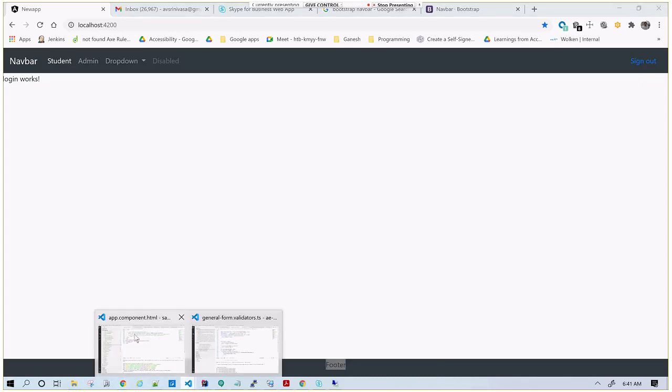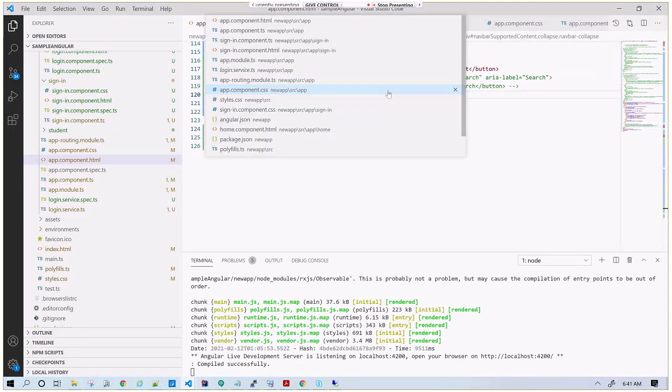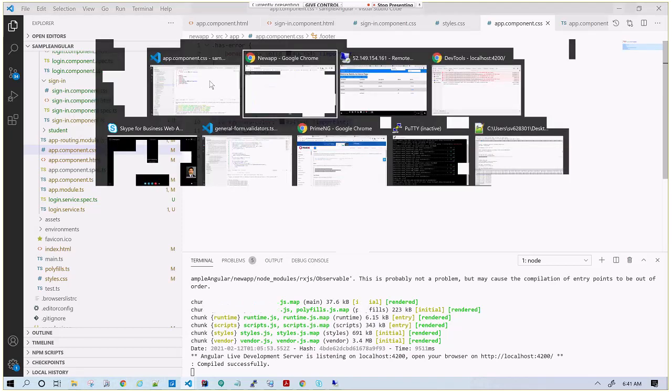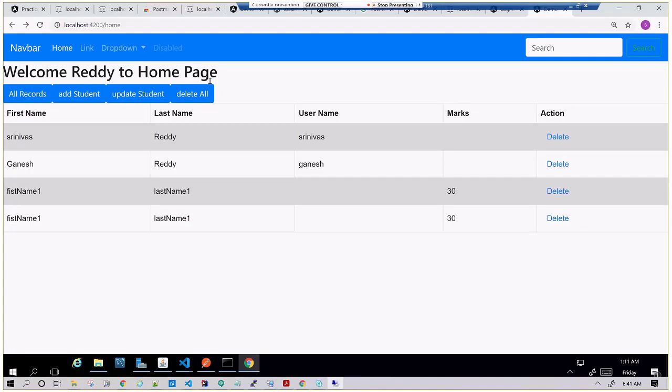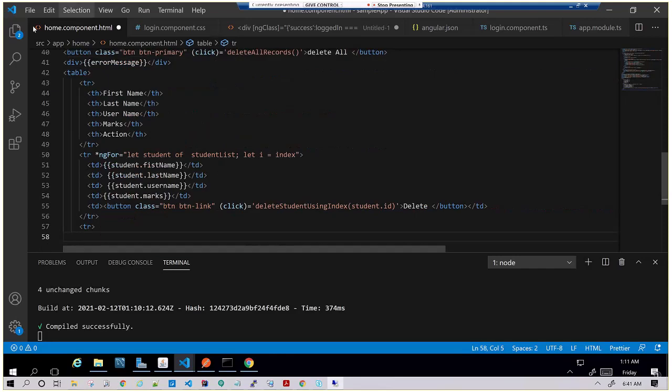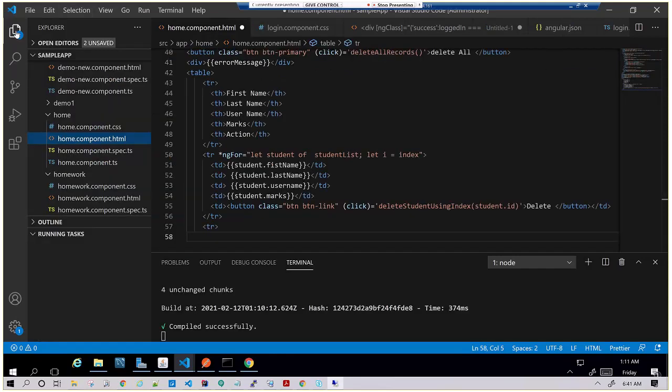The CSS position is fixed, and we have given a background color for this one so that it will show. Now I'll add the footer tag at the bottom of the page. First, I'll add the CSS into our home component.css.